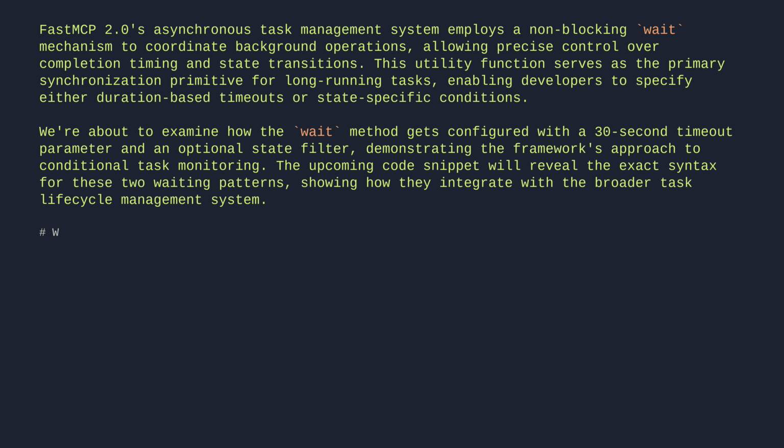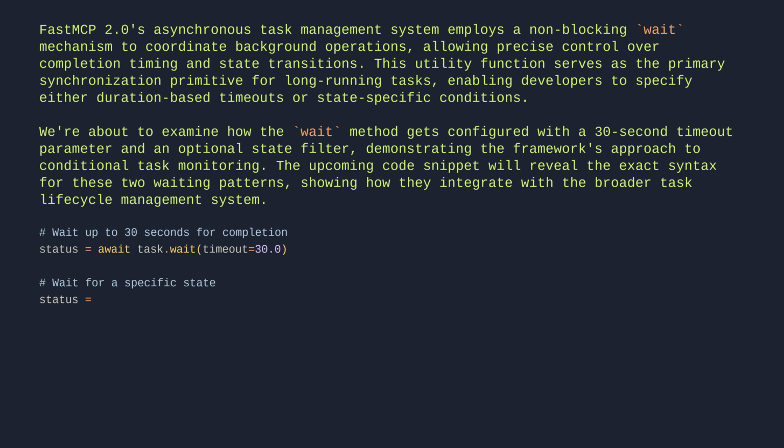# Wait up to 30 seconds for completion. status = await task.wait(timeout=30.0) # Wait for a specific state. status = await task.wait(state="completed", timeout=30.0)